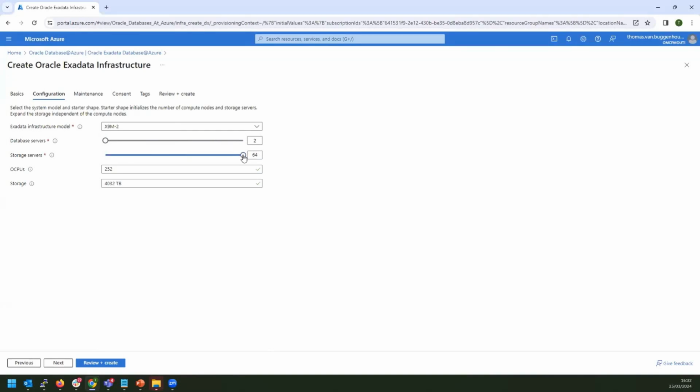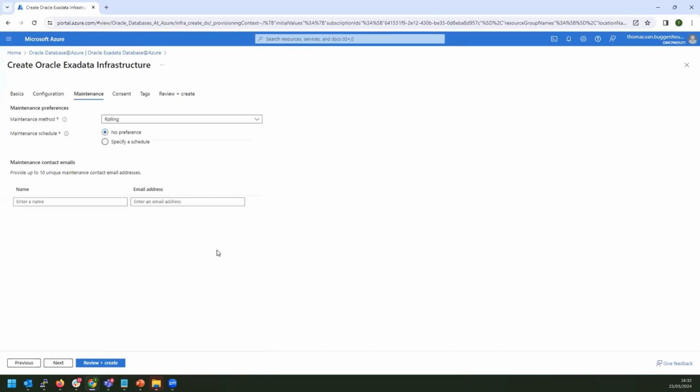As you can see, while you select how many storage servers and database servers you want to deploy in this infrastructure, the number of OCPUs or the storage will automatically go up. For this demo, we will only select the minimum values. Next step on the provisioning is the maintenance preferences. Here you can choose a maintenance method for the